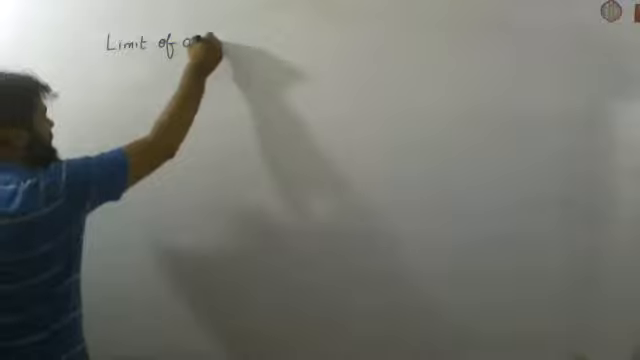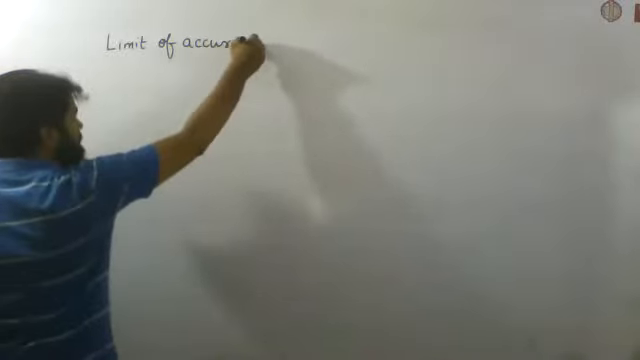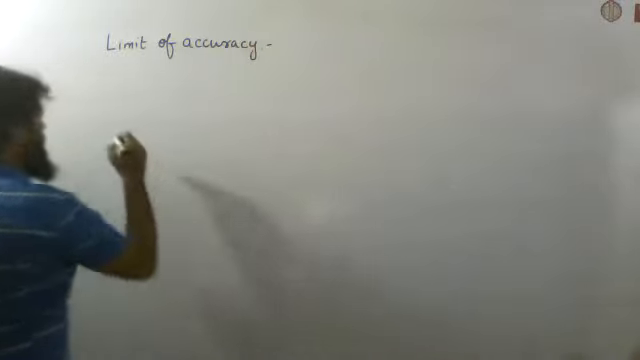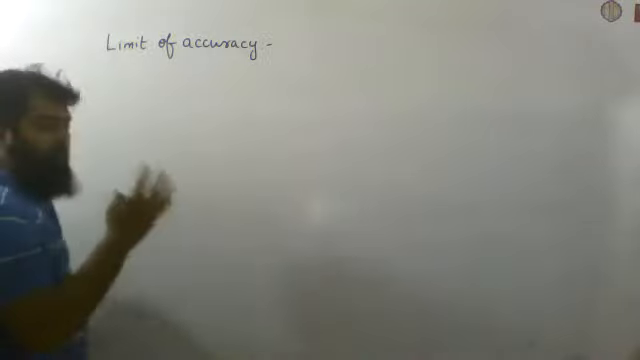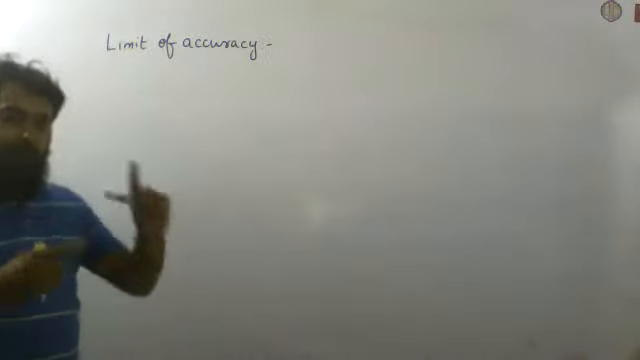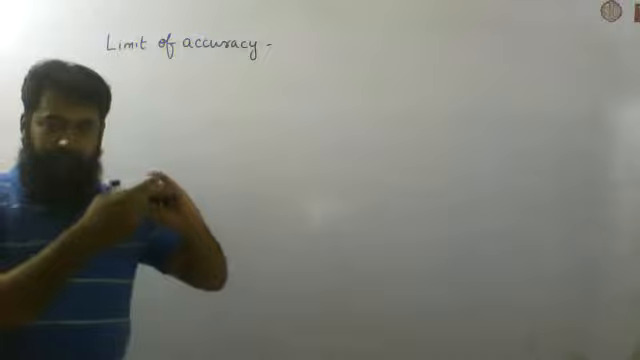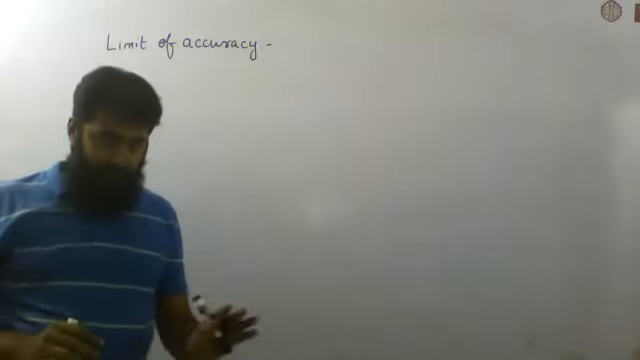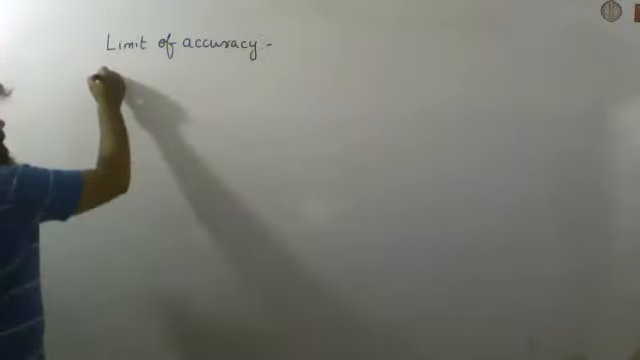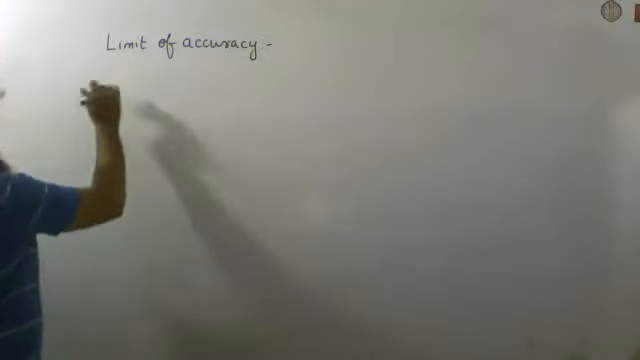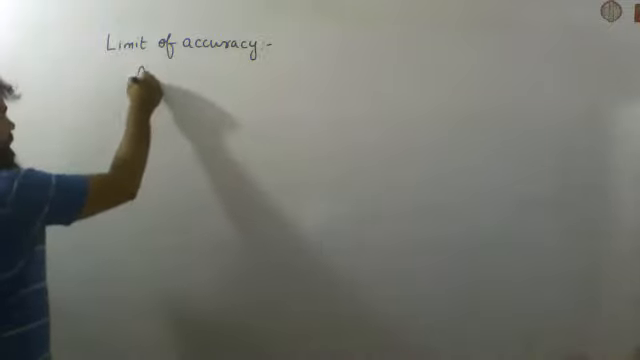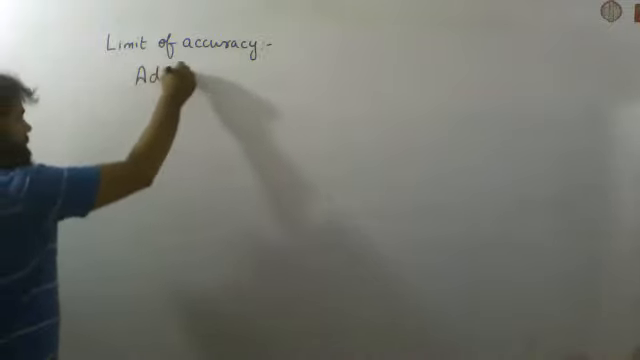Limit of accuracy. We have got four operations: addition, subtraction, multiplication, and division. Okay. So we are going to talk about them one by one. First of all, I am talking about addition